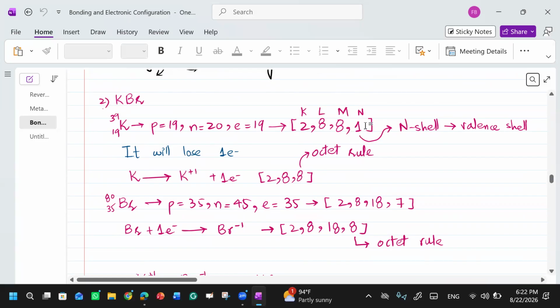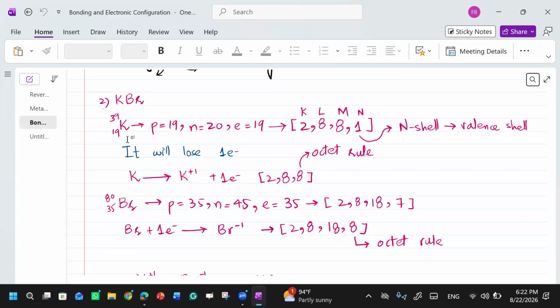What is the best possibility for potassium? To gain seven electrons or to lose one electron? Can it gain seven? No. It has to lose one, it's easy. So potassium is a metal. It will lose one electron. How come we know about this? By writing the electronic configuration, right? Otherwise, if you see just potassium in the periodic table, you can't predict what is happening. We have to write the electronic configuration, right?